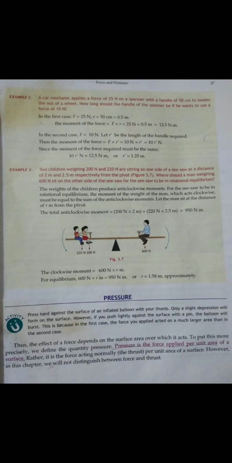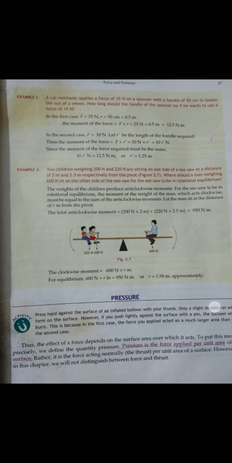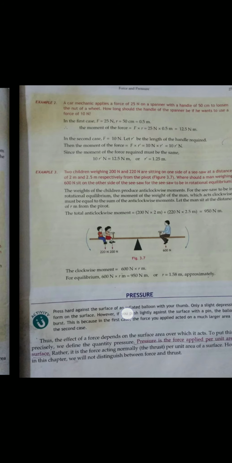Okay, so therefore pressure is defined as the force per unit area, the force that is applied in unit area, that will be known as pressure, right? So what did I tell you? The force applied per unit area. So what would be the formula of pressure? You have to think it yourself. If pressure is denoted by capital P, then P is equal to F upon A, per unit area.